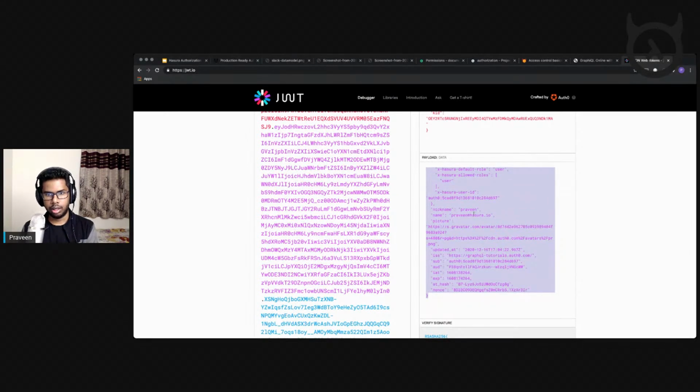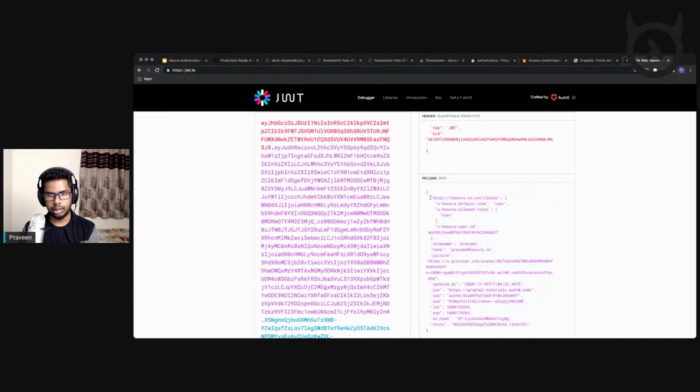So this has given me a payload, and the interesting bit is this part, which is Hasura specific. The rest of the payload is just typical data for your JSON token. This is the payload. This is the key that we are concerned about. This key has information about the Hasura role, the Hasura user ID, and so on. What this means is that this value is being dynamically configured every time an authentication request is being made to